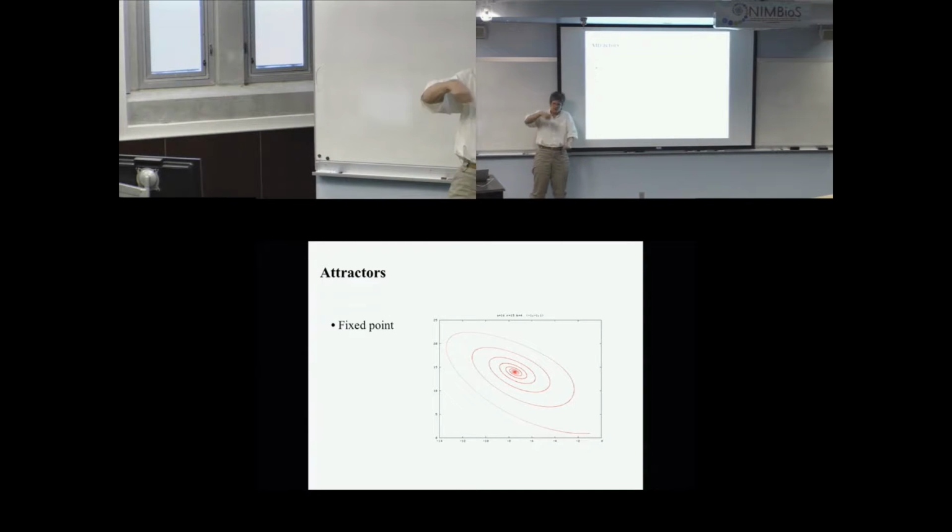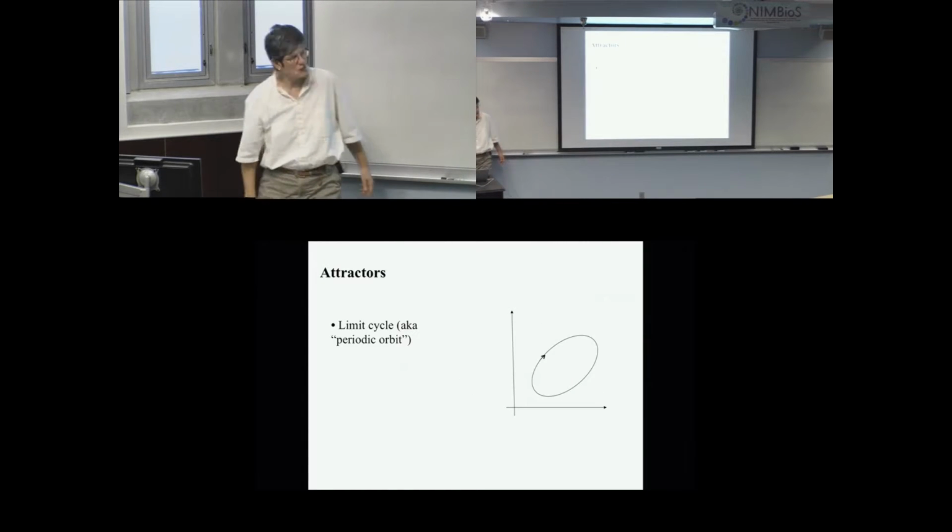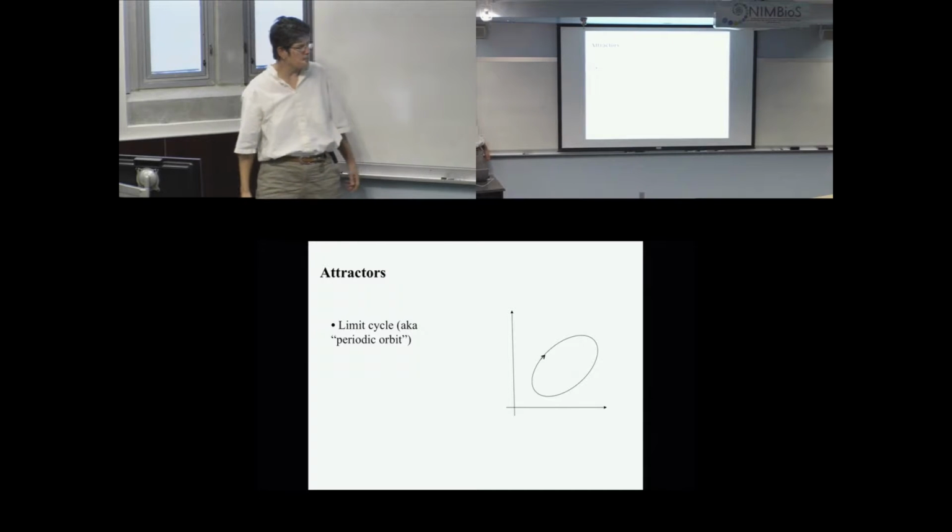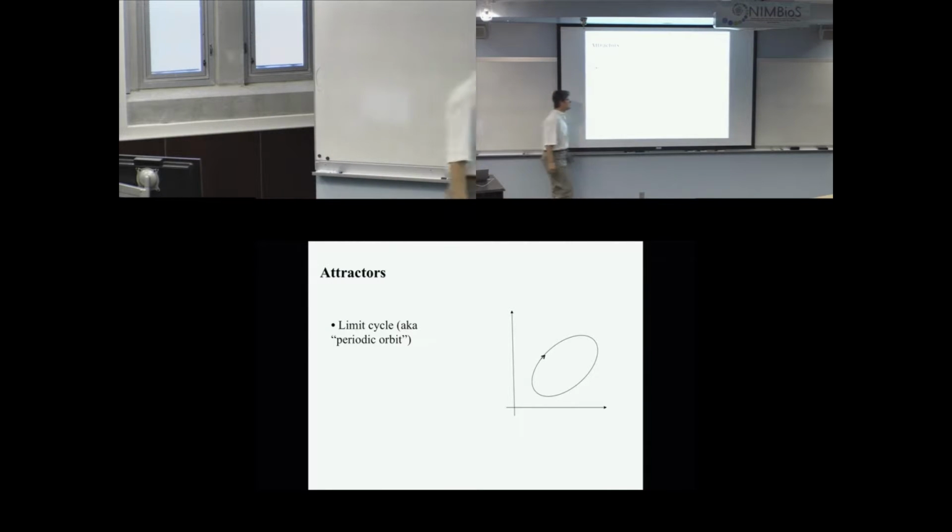But the voltage into which this is plugged is not a fixed DC voltage. It's not 12 volts. It's wiggling, right? It's 110 volts, 60 hertz, whatever. That's a different kind of attractor. It's called a limit cycle or a periodic orbit. And the electrical system that feeds that outlet is a dynamical system that is designed to have this kind of an orbit where this is 110 volts and it goes around every 60th of a second.